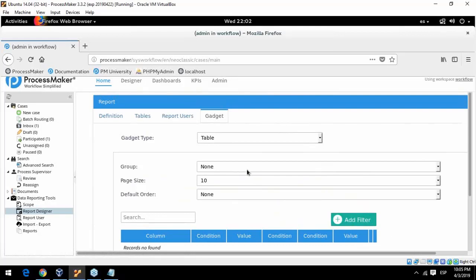I'm going to use it here, and the first one is going to be a table. Then I'm going to show you three of these fields: the group, the page size, and the default order. Okay,